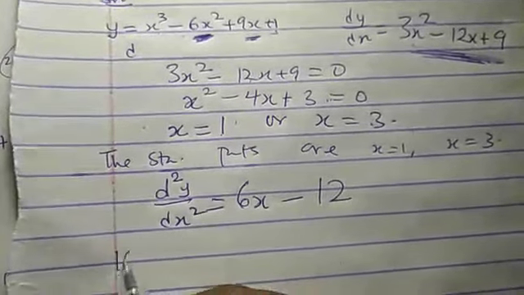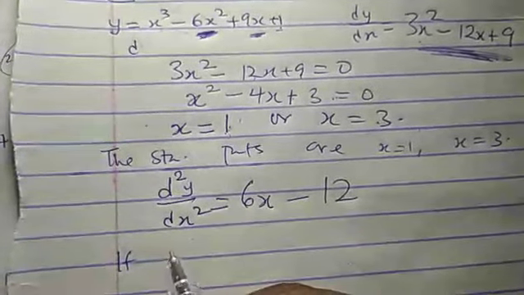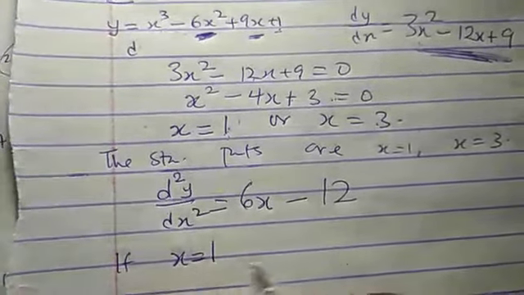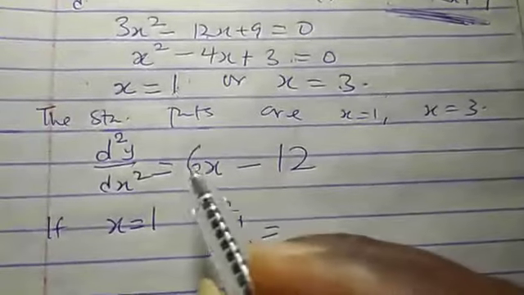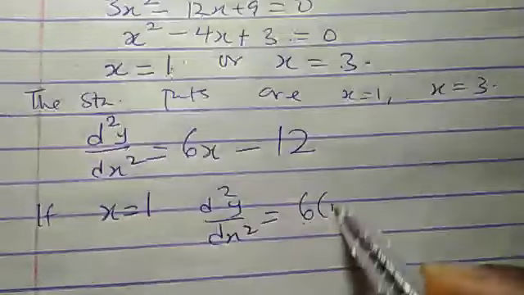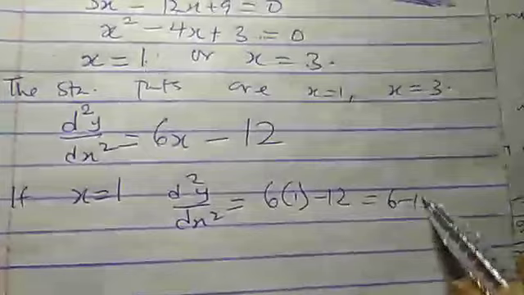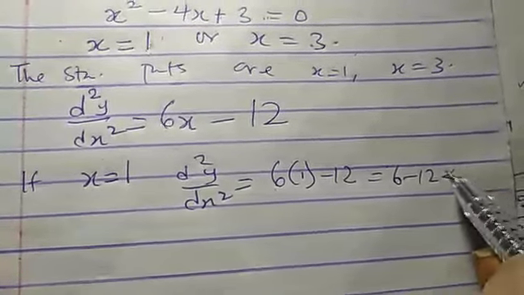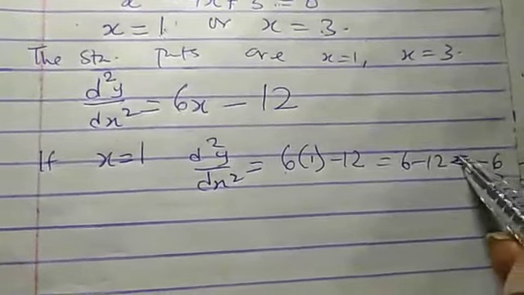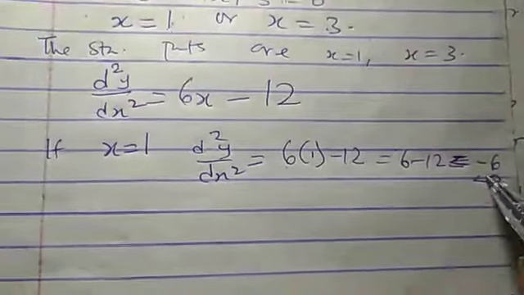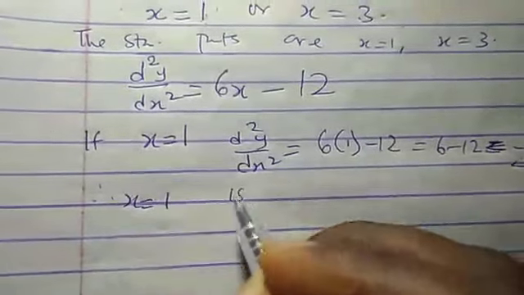Now, as usual, I need to test whether this will give me a negative. If s is 1, d squared y by dx squared is equal to, anywhere I see s, I put 1. This is 6 into 1 minus 12, which is 6 minus 12, equal to minus 6. This is less than 0. So you observe that we have a negative here. Therefore, I will say that s equal to 1 is the